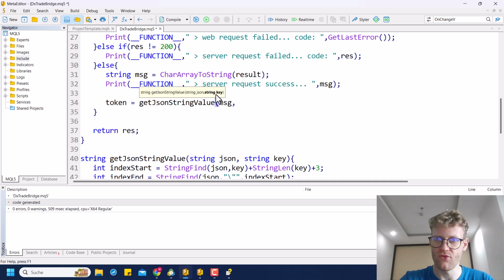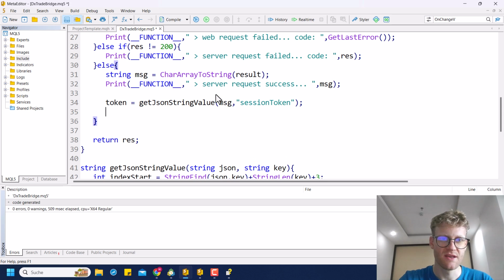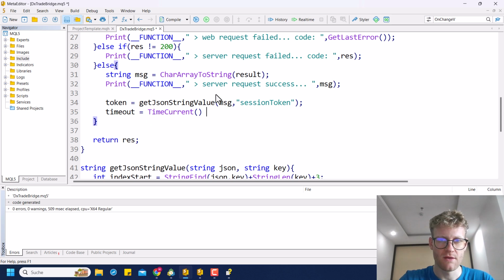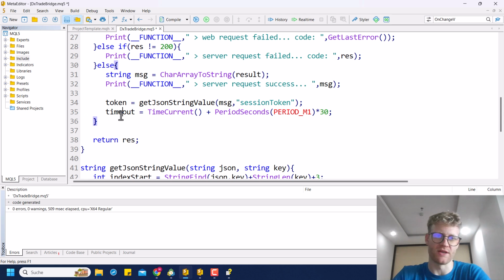And for the key session token, like this. And then we can get the, wait, what's the word? Timeout will be time current. Yeah, we can just calculate it. It's just time current plus period seconds, period M1 multiplied with 30, because I think the timeout is always 30